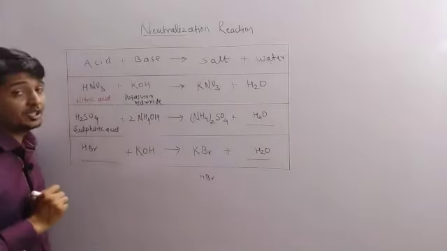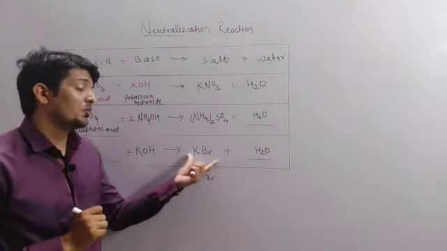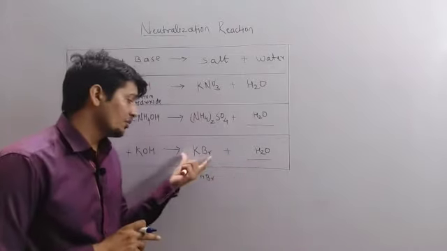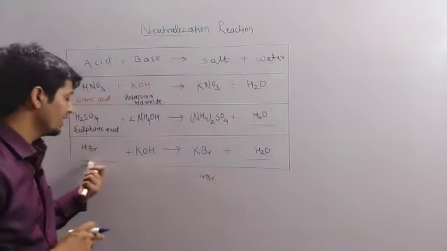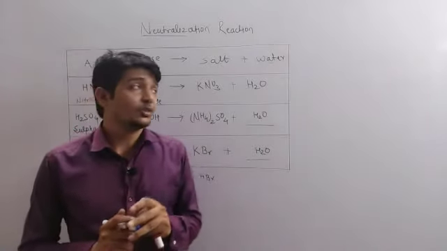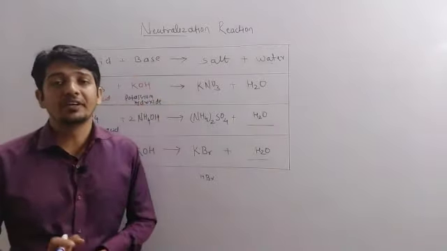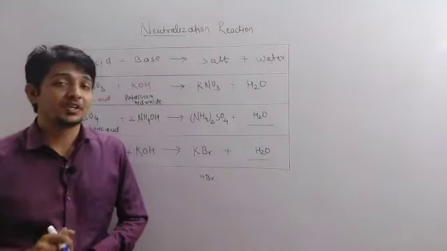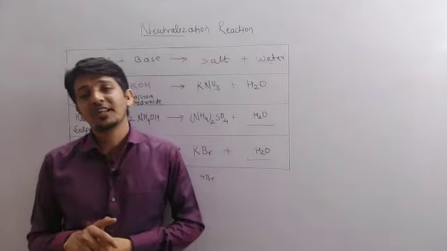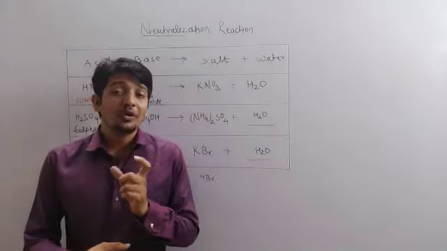So when hydrogen bromide reacts with potassium hydroxide, it gives potassium bromide and water. Potassium bromide is the salt. So here acid plus base equals salt and water. This is the way of solving the reactions or filling the blanks when some parts are given and some parts are given as blank spaces. So we have completed our part, which is very interesting as well as very important, the neutralization reaction. Okay, so let us repeat once more.